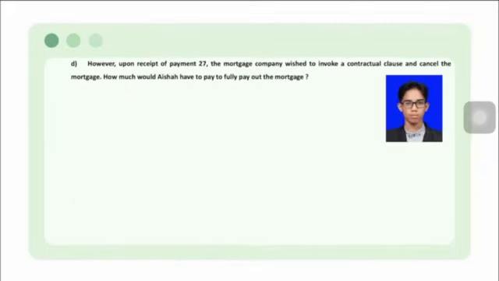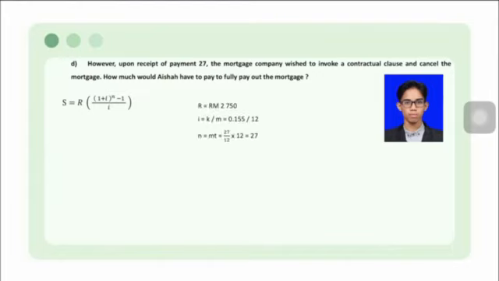The question D, at the receipt of the payment 27, the company will cancel the mortgage and want the full payment. We also use the formula of amount of an annuity, same as before. We fill in the blank for the n. We will take for the 70 month. Why? Because she just paid for the 27 months only. After we go for n, we get 37 and fill in the formula, and we get